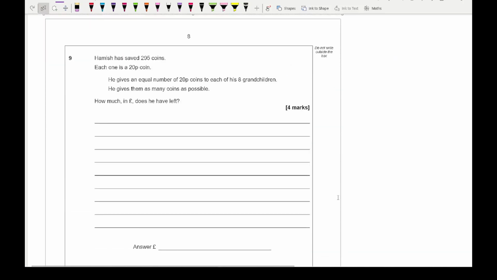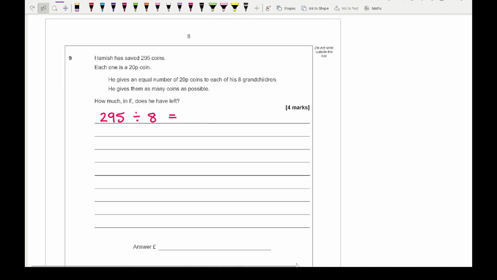Moving on to question 9, it says Hamish has saved 295 coins. Each one is a 20p coin. He gives an equal number of the 20p coins to each of his 8 grandchildren, and he gives them as many coins as possible. How much in pounds does he have left? So let's have a look. So first thing we want to do is see how many 20p coins there are going to be. Well, we know that there are 295, so we need to do 295 divided by 8,